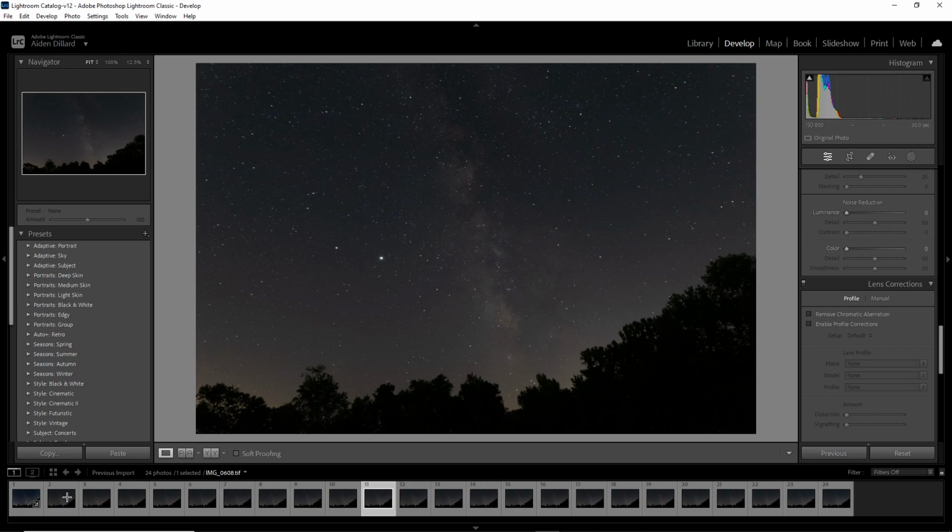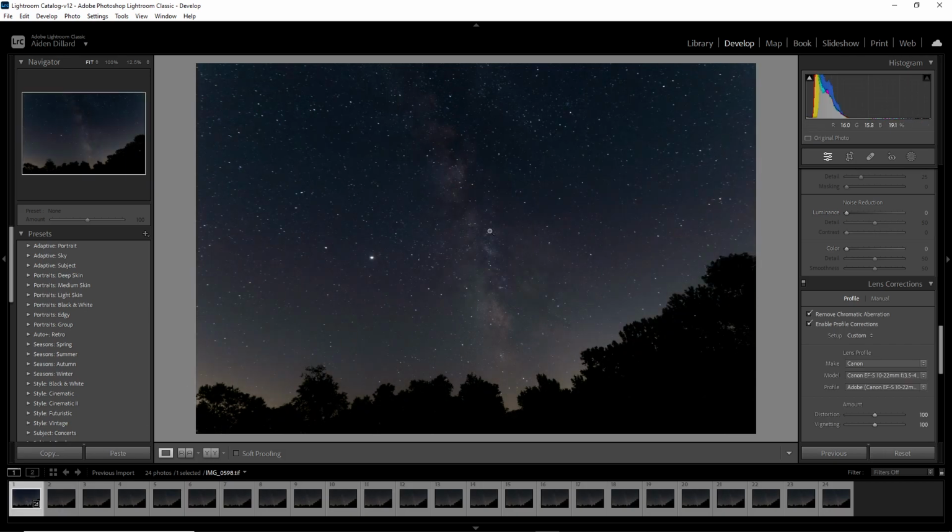There's a rule to figure out how to take pictures like this if you don't have a star tracker or anything. It's called the 500 rule, or a lot of people go by the 300 rule, by preference. Basically, you divide 500 or 300, based off your preference, by the focal length of your lens. So 500 or 300 divided by 14,